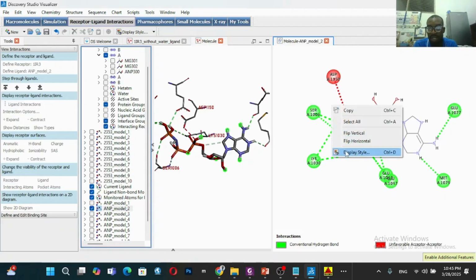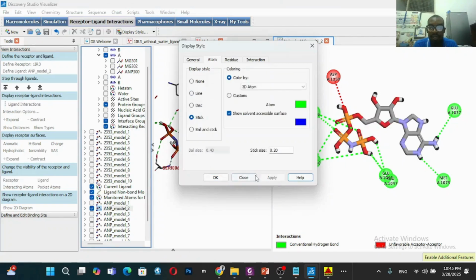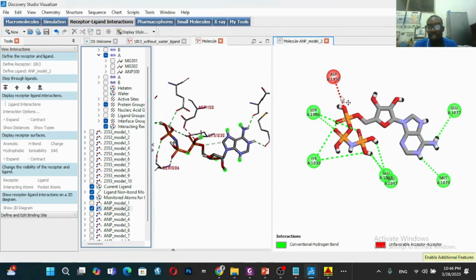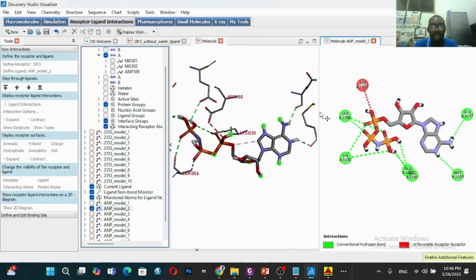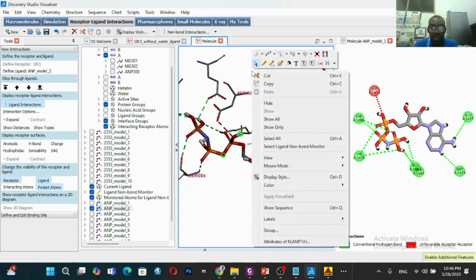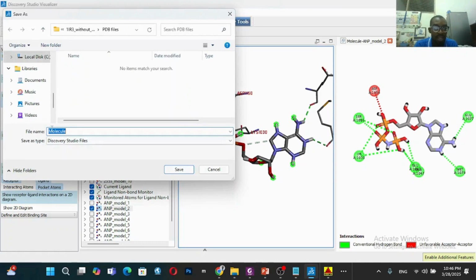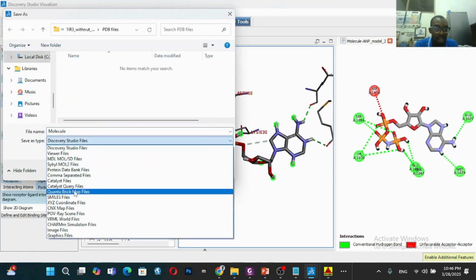Now, if you want to visualize this, just click on this, and then we can make this look better. Good, and you can easily save this. Now, once you've visualized, the next thing you intend to do a lot of times is to export what you have. Now, how do you do that? You simply go here and then click on this, then go to File, go to Save As, and you can save it as a